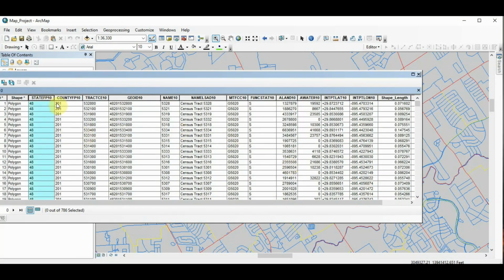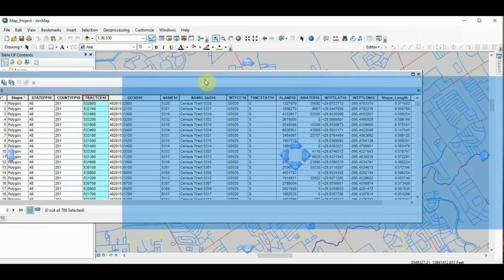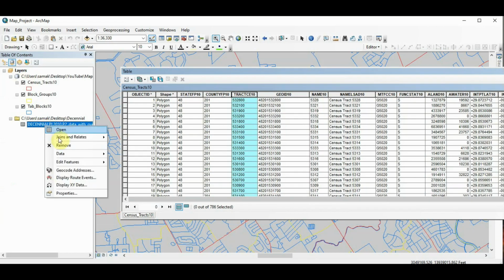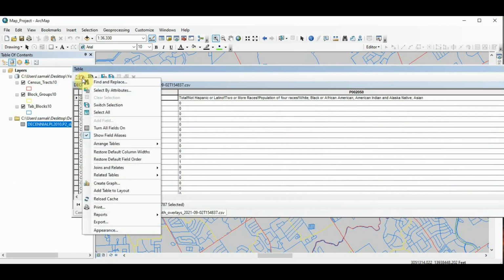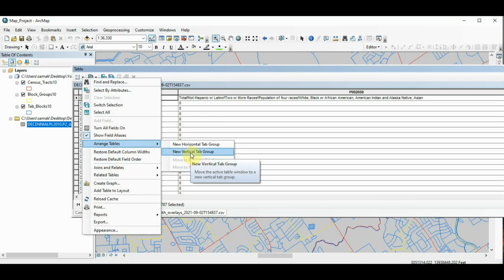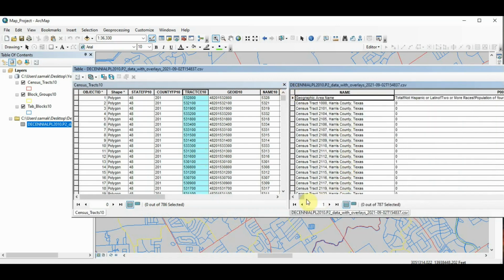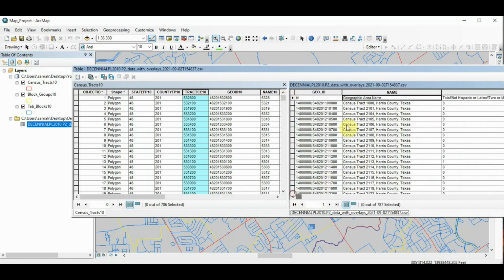So we have the state ID and the county ID and the tract number, and when you open the table, we have that as well. You can rearrange these. So you have the state 48201 for Harris County, and then you have the